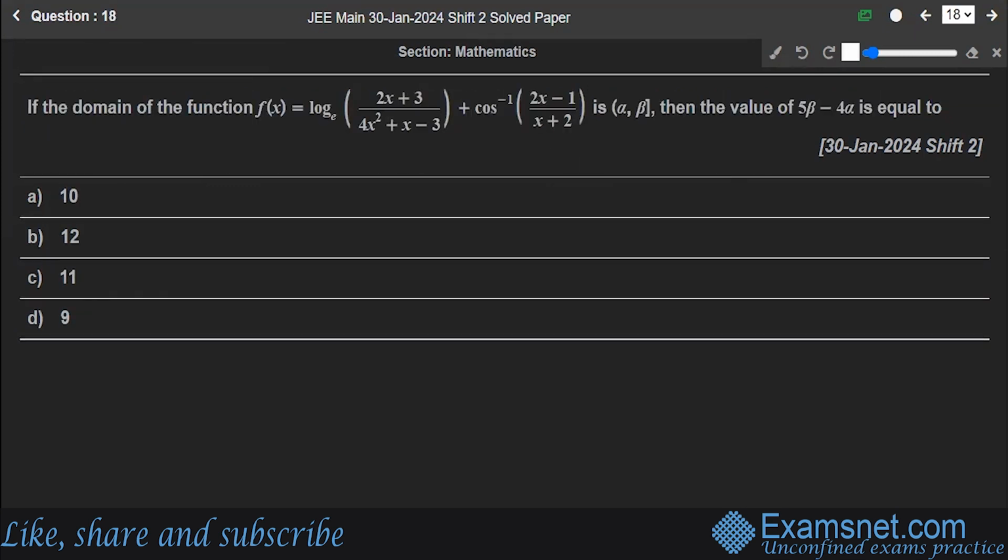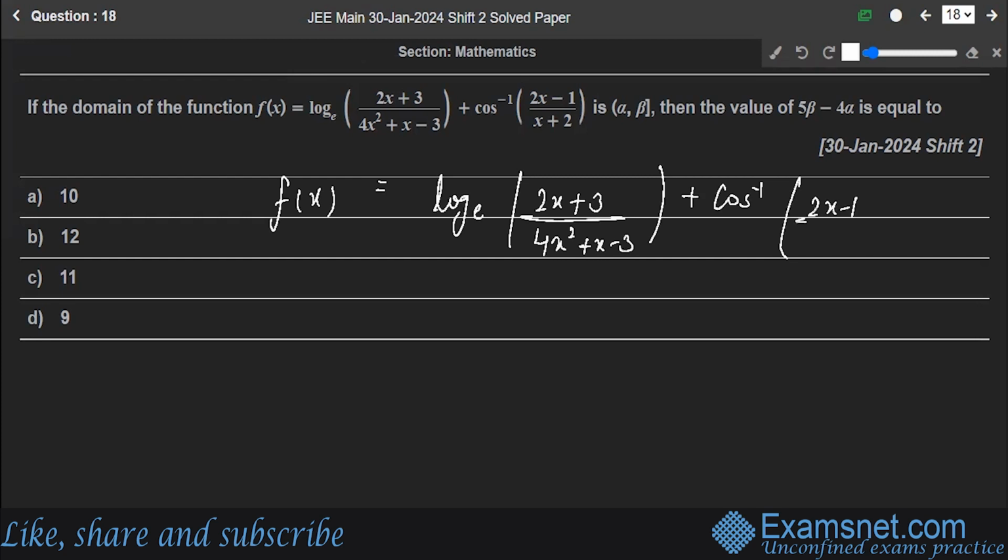If the domain of the function f(x) is equal to log e to the power log e of (2x plus 3) upon (4x squared plus x minus 3) plus cos inverse of (2x minus 1) upon (x plus 2) is alpha to beta, then the value of 5 beta minus 4 alpha is equal to. Okay, so here you have, let's write down the function. You have f(x) equal to